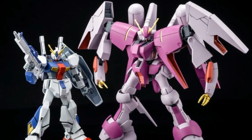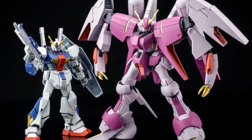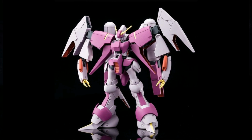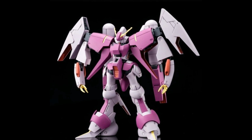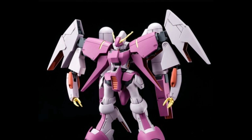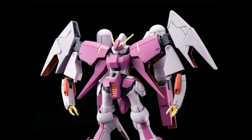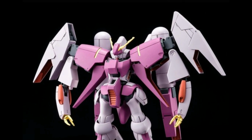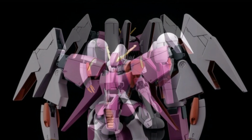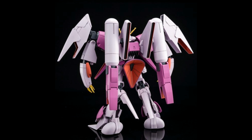And hey, look at that, we got something interesting to look at finally. Twilight Axis is getting its third kit in the form of the Byarlant Isolde. So what's nice about this is the fact that the Byarlant is actually less than a decade old, unlike the last two Twilight Axis kits we've gotten. I mean, sure, it's not amazing by today's standards, but compared to the Zaku 3 and the Alex, it's a freaking masterpiece. The head and arms have been completely changed, and it looks like they're trying to point out something new in the back in some of these images, but it doesn't look like there's anything different there to me, so...